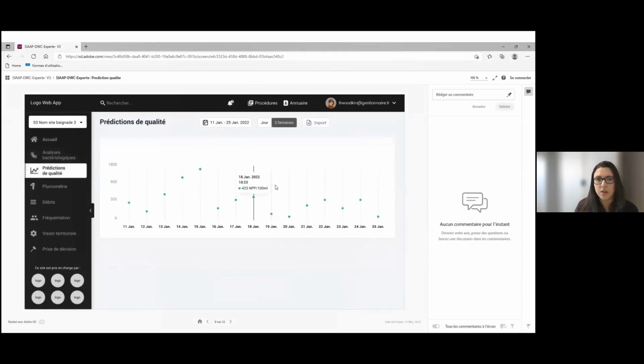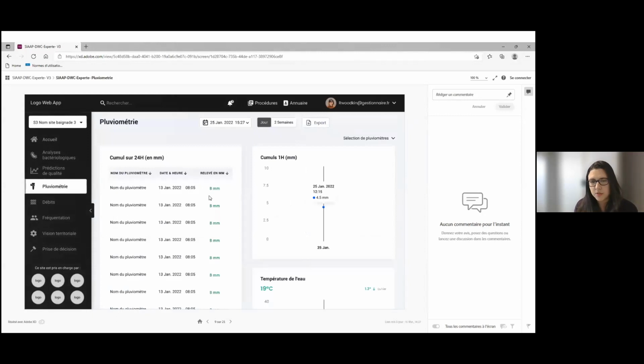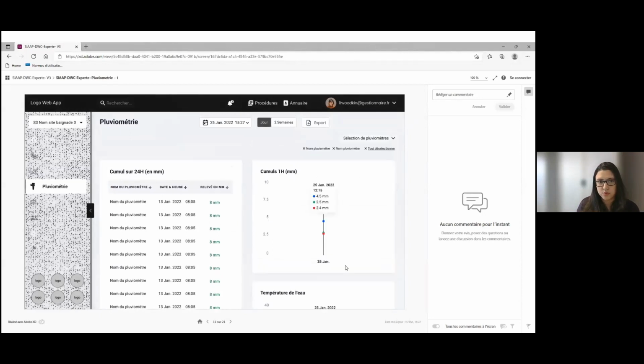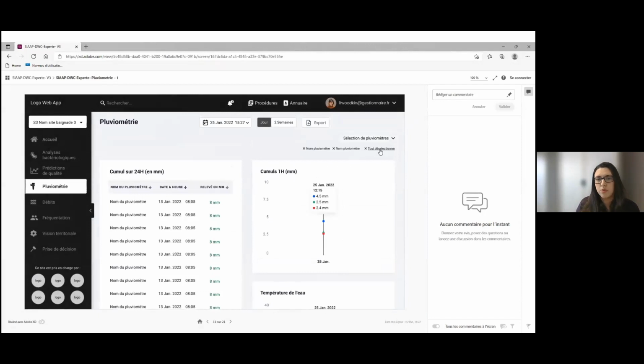So you can have quality predictions, you can view that over several weeks. Rainfall: you've got much more information about rainfall here over a 24-hour period, so the totals. There'll be several pluviometers installed, so you can choose the pluviometer that you want to check.